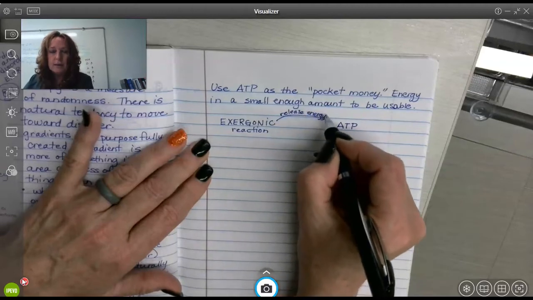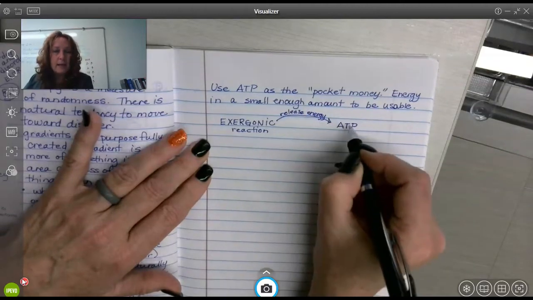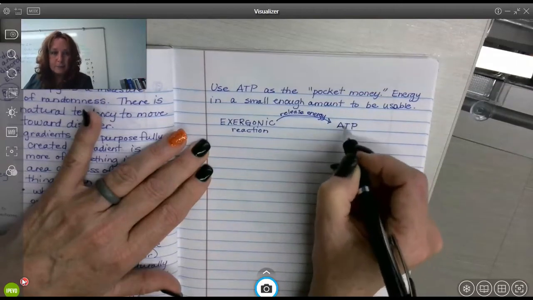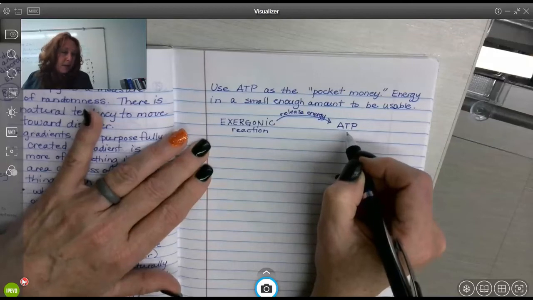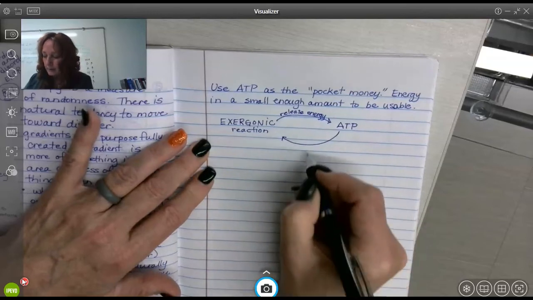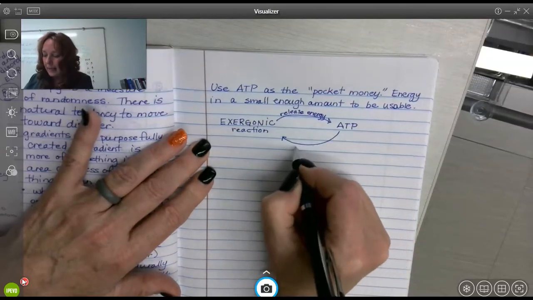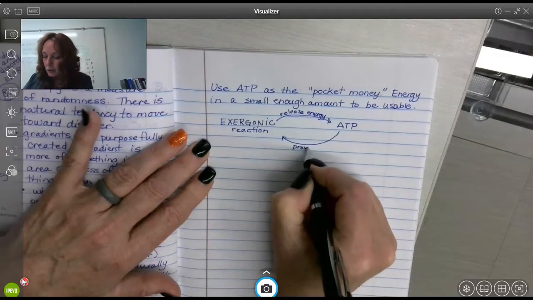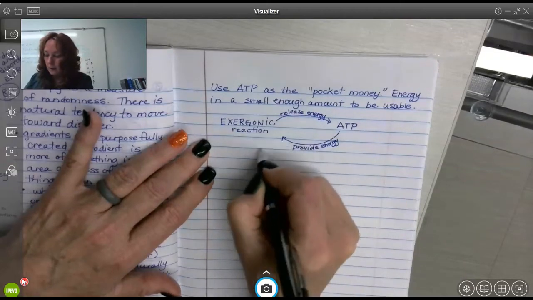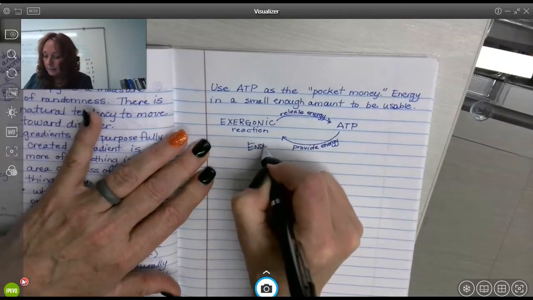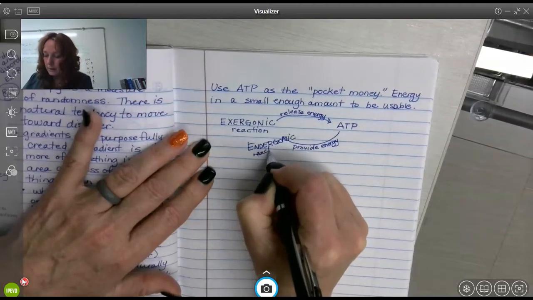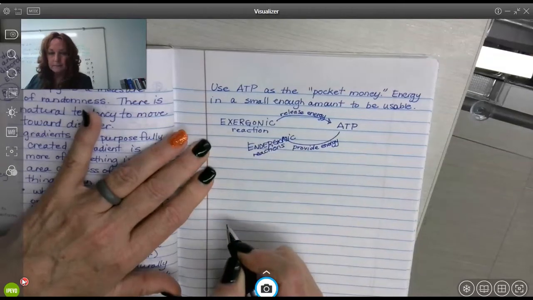So you use this energy that would have been lost, and it becomes held in an energy holding, capturing molecule that I can spend whenever I need it. Well, when would I need it? Well, I'm going to use ATP because ATP is going to be able to provide energy because I've captured it for endergonic reactions that require energy,